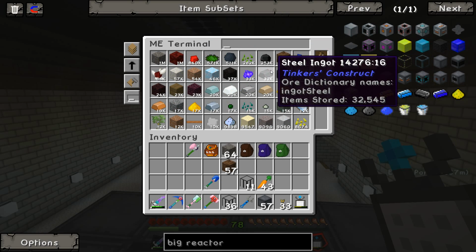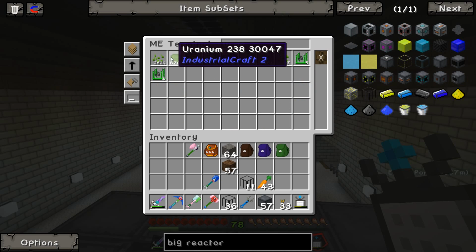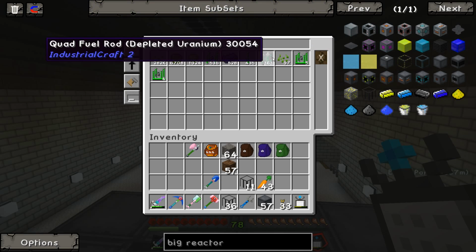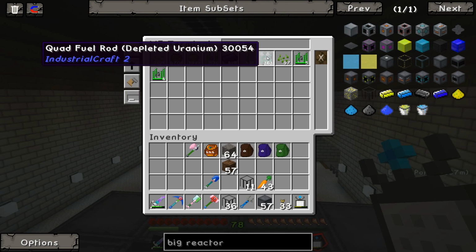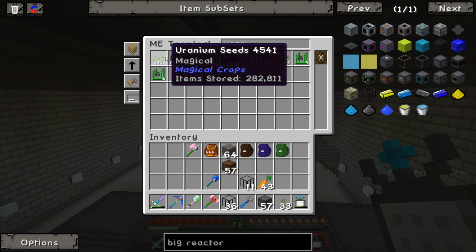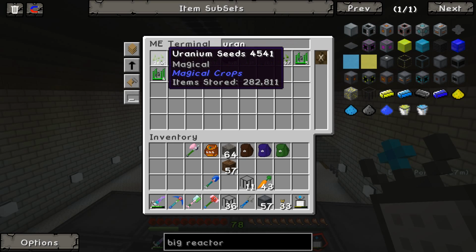We have considerably more uranium. 6,000 big uranium, 536 quad fuel rods. We're up to 161 depleted uranium rods now. So we've got a lot more uranium. There's 282,000 uranium seeds. That's what? I don't understand how some of these are becoming